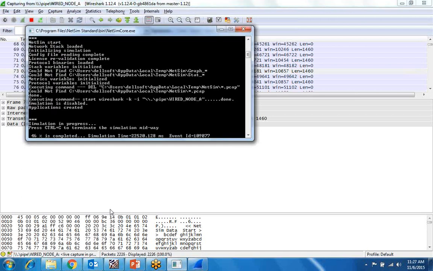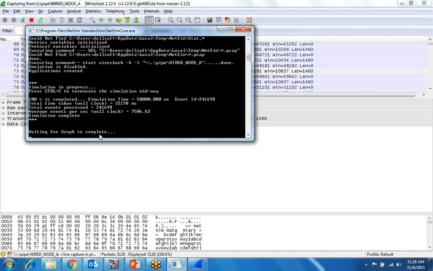And this is the simulation running. And these are the dynamic graphs which are being completed.